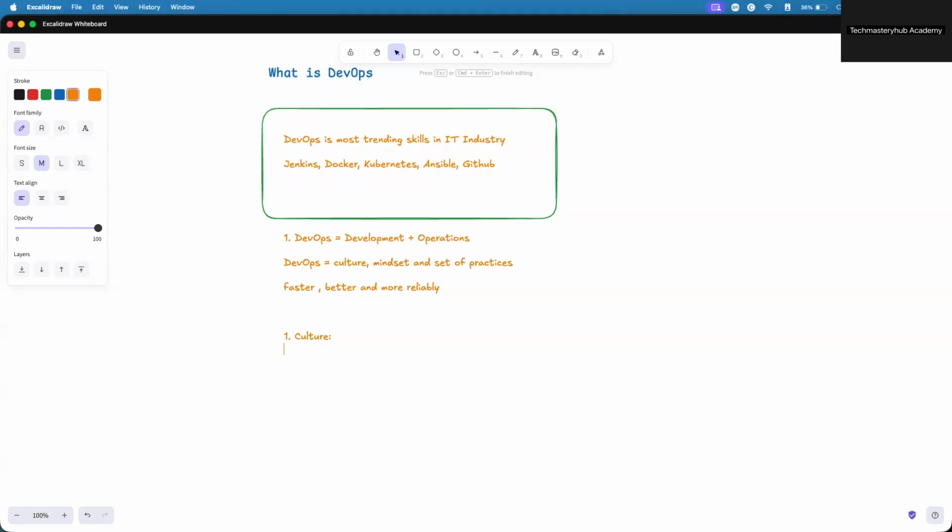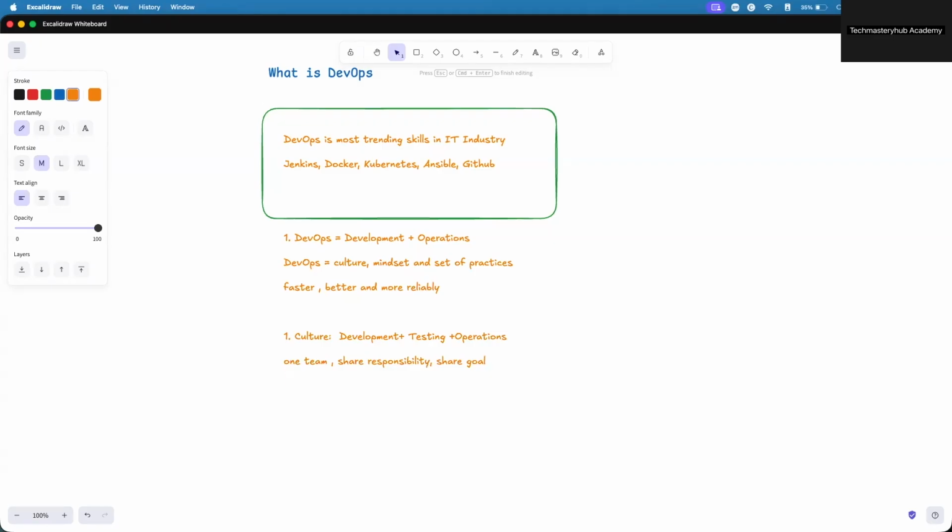But now in DevOps, they work as one team. Okay, so development plus testing plus operations. They work as one team. They share the responsibility. And they also share the